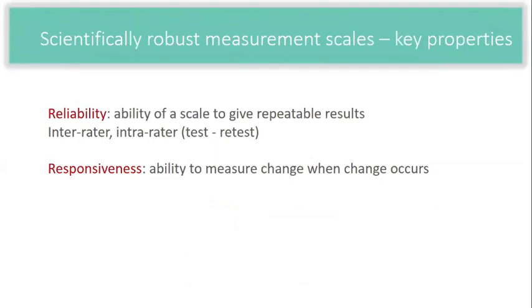Other key properties are reliability. The scale has to be able to give repeatable results, and that can be either inter-rater, where you might ask the same person to score a video, say, of an animal over time, maybe 2 weeks after they've done it the first time. Sorry, that's intra-rater, test-retest. Inter-rater is when you've got two different raters,